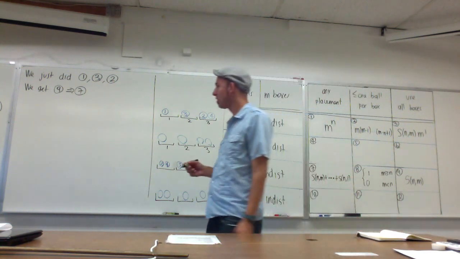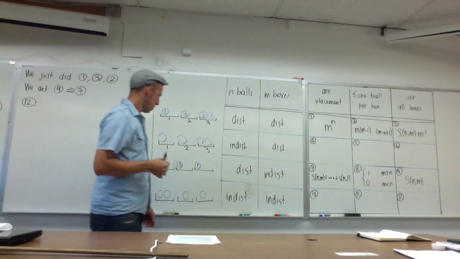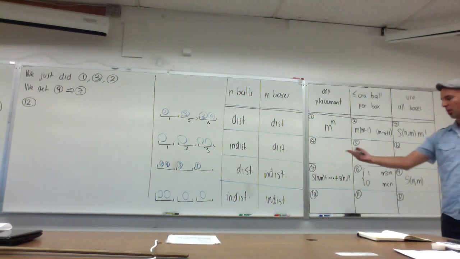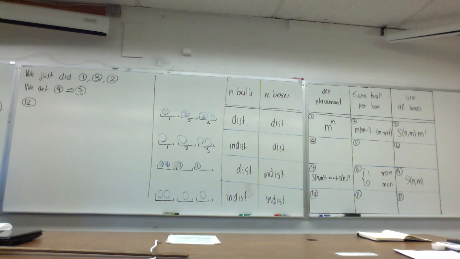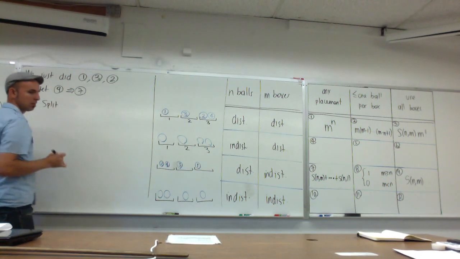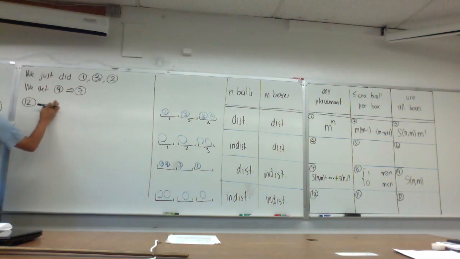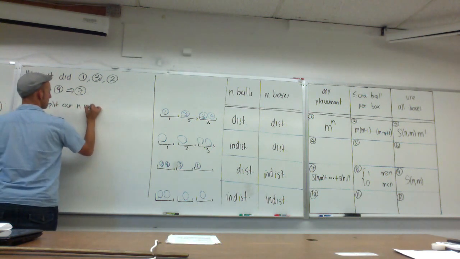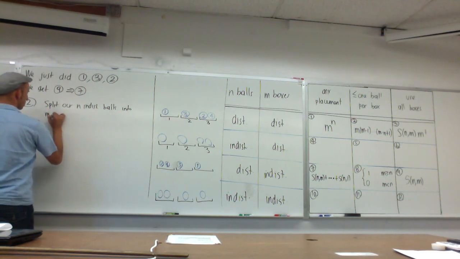Okay, now what about 12? So now I have n balls, and I have to put them into n groups, and I cannot tell apart the balls, and I cannot tell apart the groups. Okay? So split my n balls into n groups, but I can't tell anything apart. So what I'm doing, okay, so if I split our n indistinguishable balls into n indistinguishable groups,